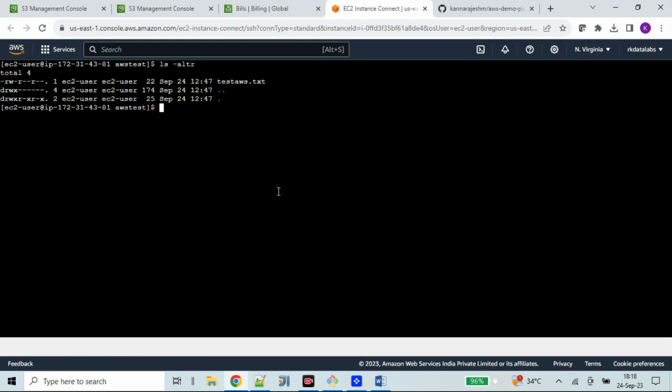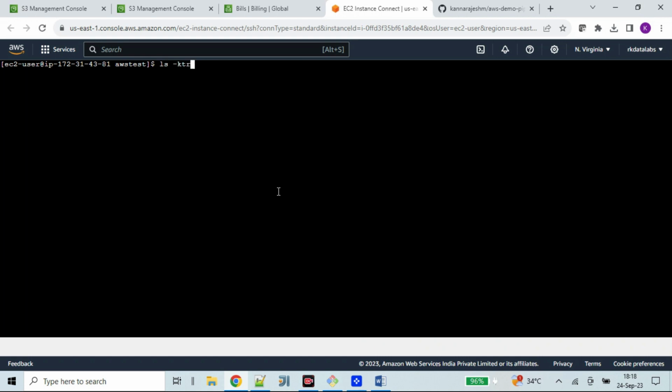You have the text file, so I am going to remove this file. Simply, you don't have any files here because you have cleared all your files. Okay, and some of the basic commands, if you want to see what is the version of Linux that you